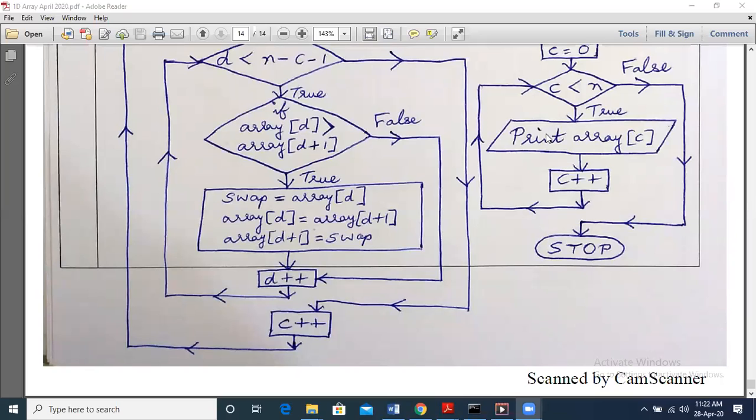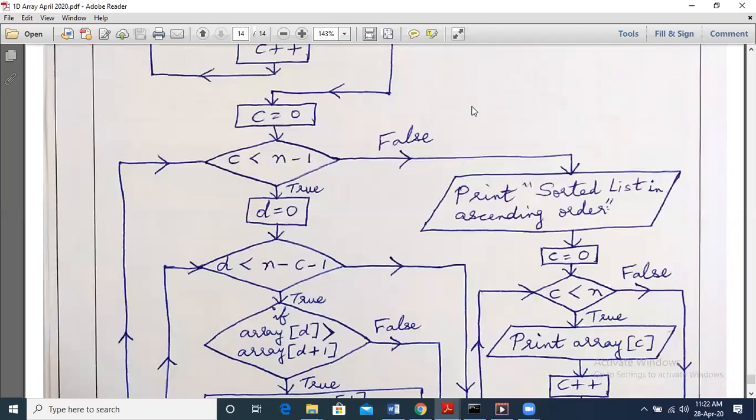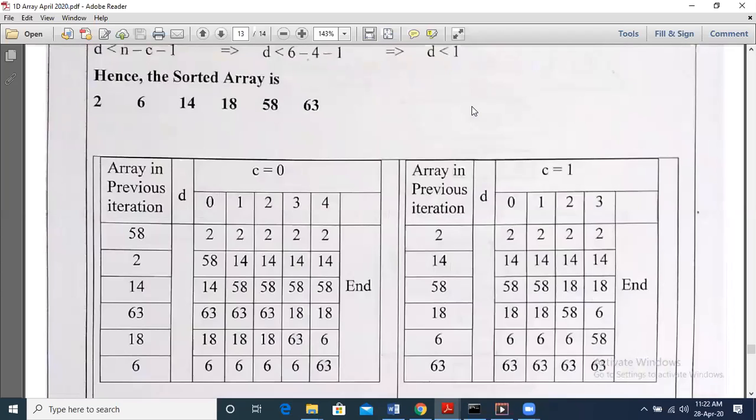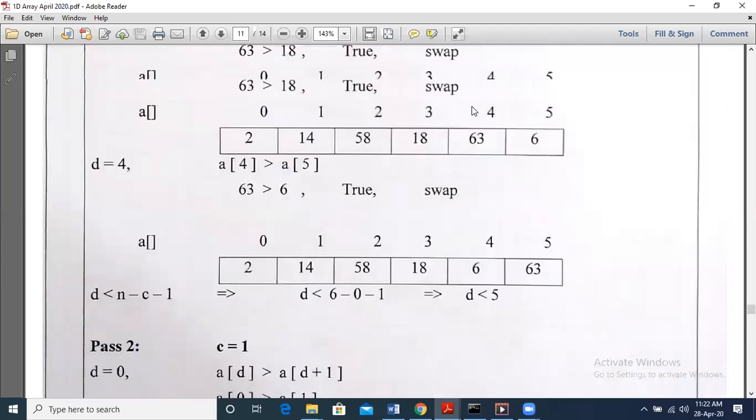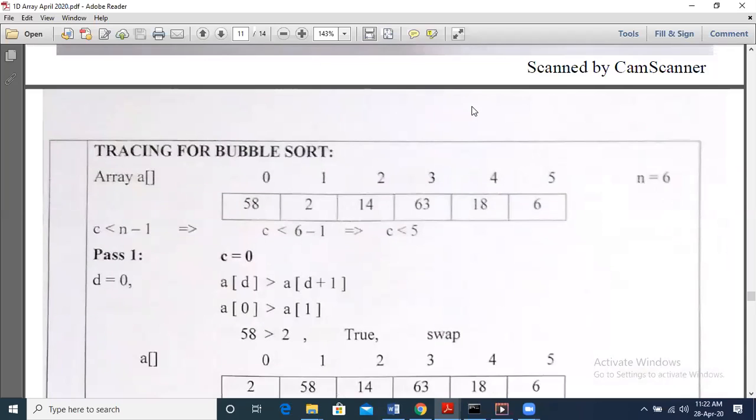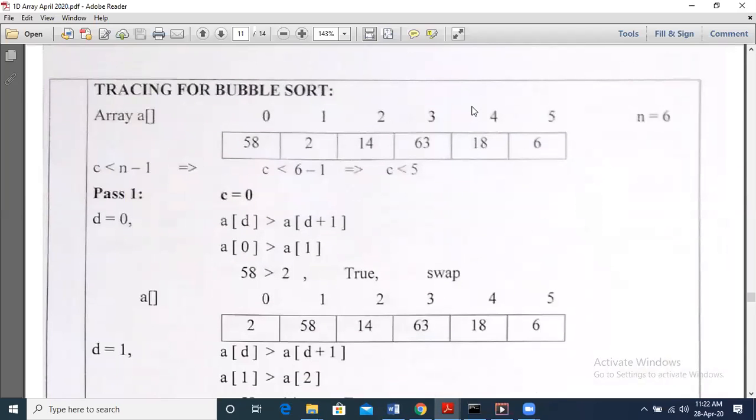The same file I have shared yesterday also through your group and edit. Please go through this and trace it similarly. This file has the complete tracing. We had discussed this same thing yesterday in the previous class. This file has the tracing for 6 numbers. Similarly, you trace for 5 numbers and let me know. If you find any problem, you can send that same through the message. I'll help you out. Okay?